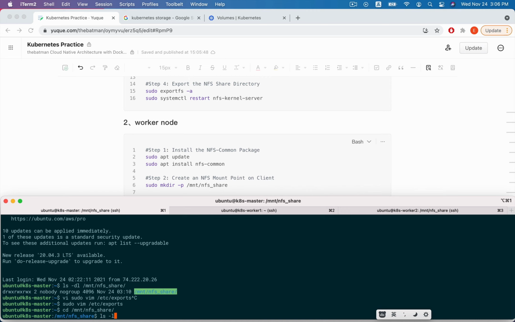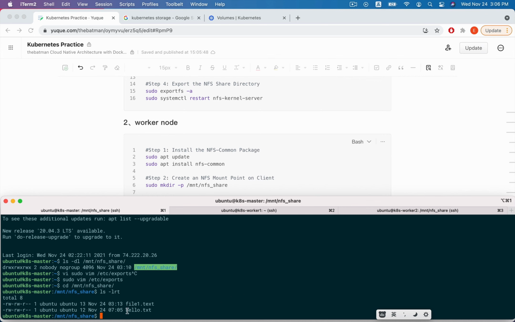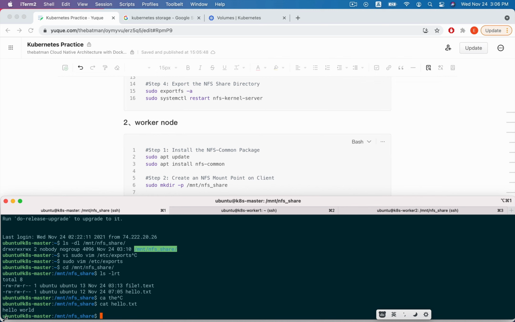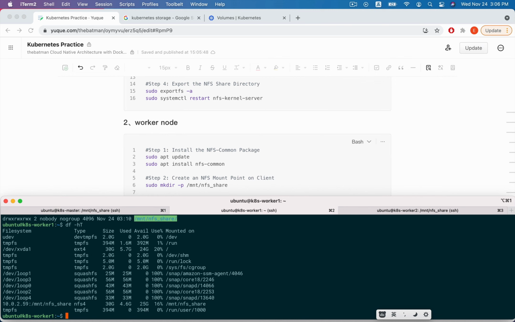Okay, we can check if there exists a file called hello. Yes, there is a file named hello.txt. Here we check the content of this file. Yes, it shows hello world.